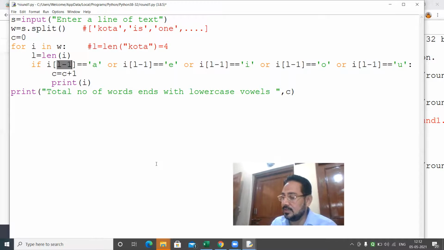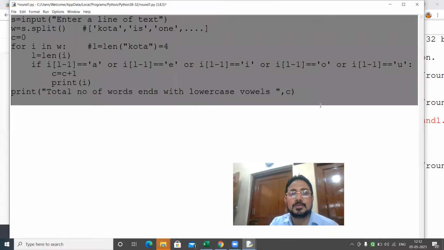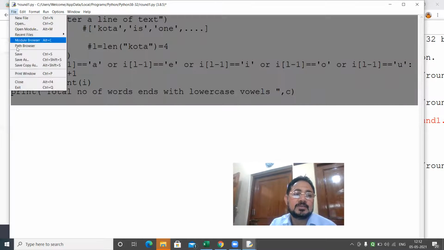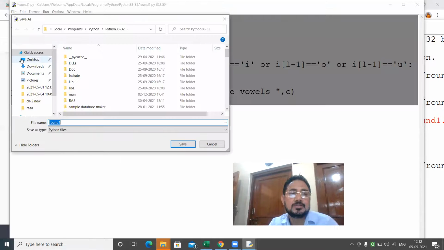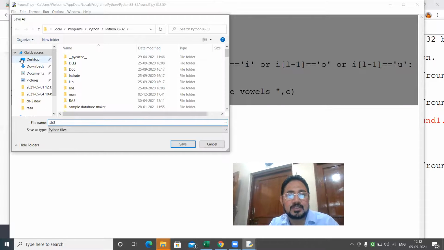Now, I'll give you an example. This I'm deleting now. I don't keep programs, just save, chalo, save as string 2. Found also, it is saved, string 3.